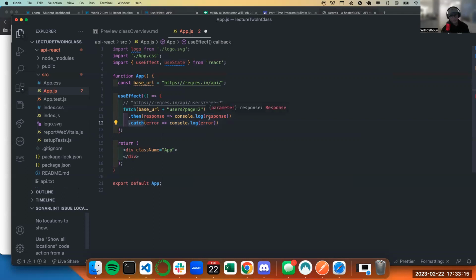You can kind of think about this as an if else. I'm fetching, I'm making my API request with this information. If everything is good, then my API is going to give me back my information that I requested. And we're going to call it response, and I'm going to console log it. If it's a bad API request, then I am going to get an error, and I want to go ahead and console log it so that way I can see that there's an error.